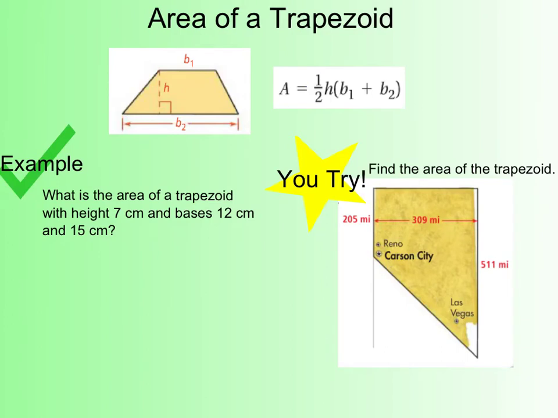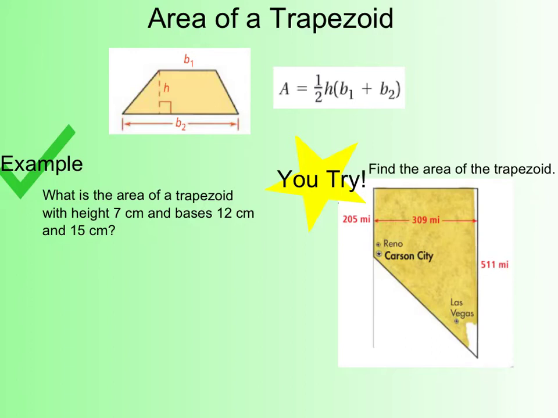So the first thing we're going to look at is the area of a trapezoid, and we have our formula here. Area equals 1/2 your height times your bases added together. So instead of just base times height, I now have to take into account both bases, base 1 and base 2. All right, so looking at this first example, I need to know what is the